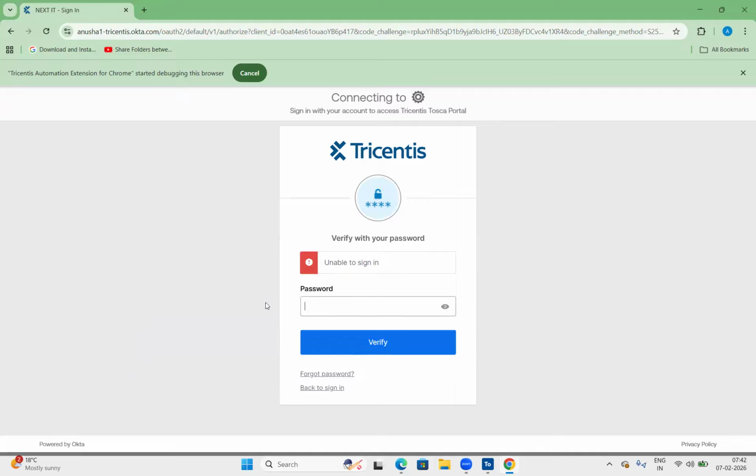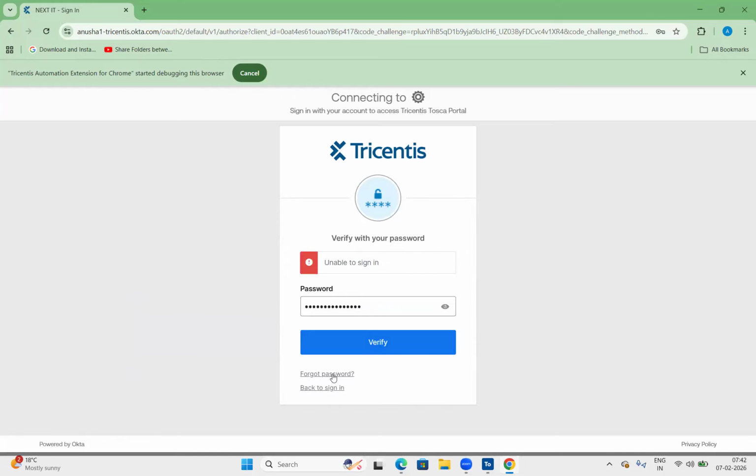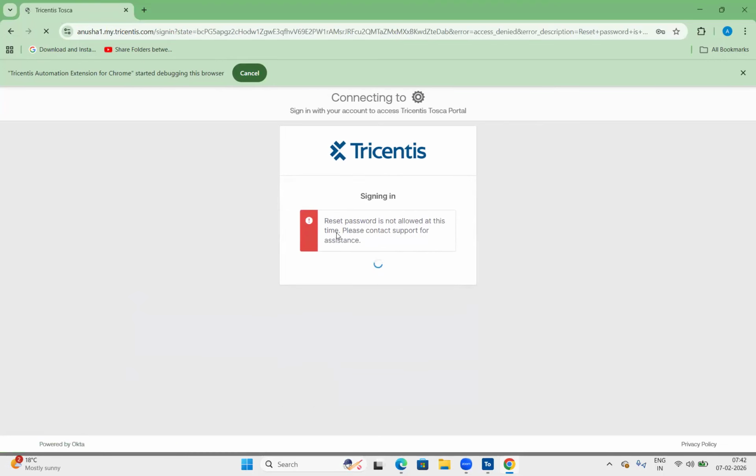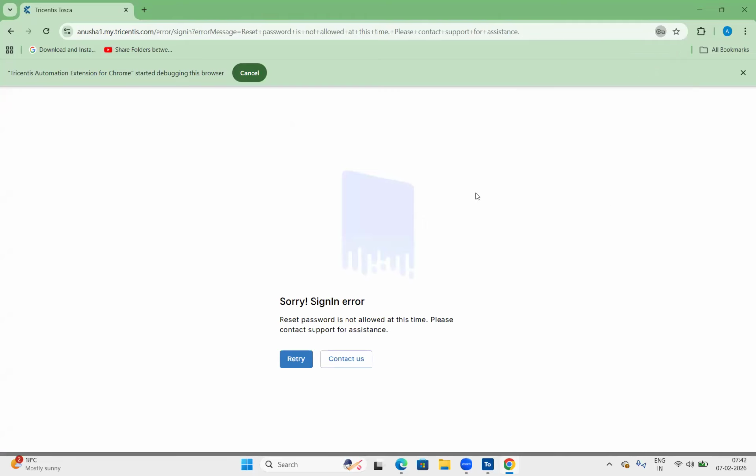So seems the password itself is a problem. I just forgot this password. You can set up the password, but I have to reset the password every time. Maybe it might take some time. Sign in error is triggered. I'll just check with this later, but it is not working right now.